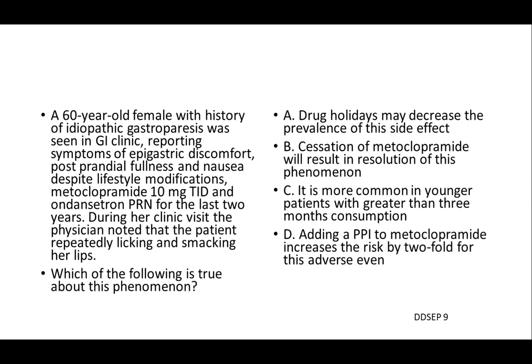This is important because you will probably start someone on Reglan while you're in your medicine clinics. But this is a woman with gastroparesis. She's got typical symptoms. She's on Reglan and Zofran, but she's still having symptoms. What do you do if someone comes in your clinic and says, hey, I'm on Reglan, it worked a little bit, but now I'm losing the effect?